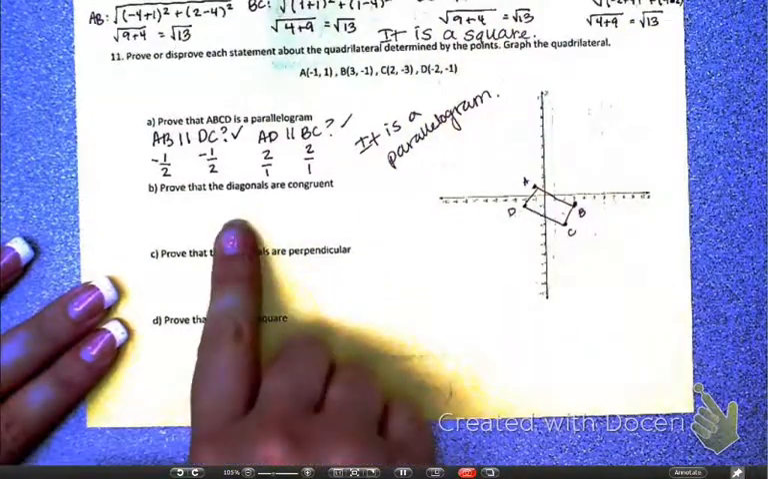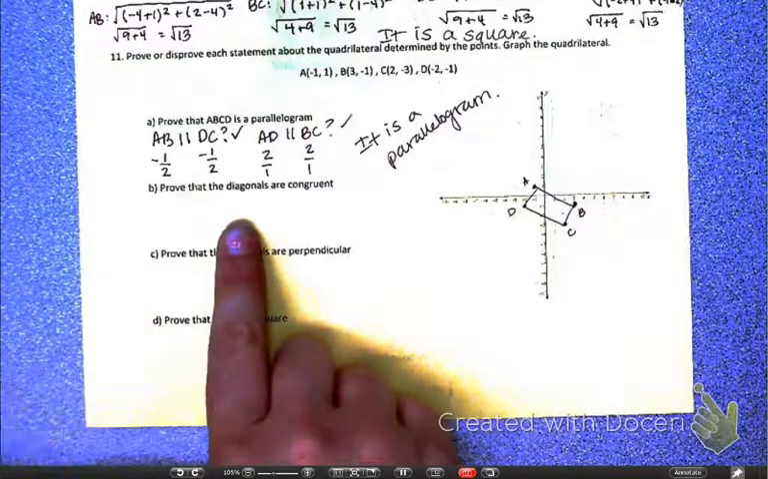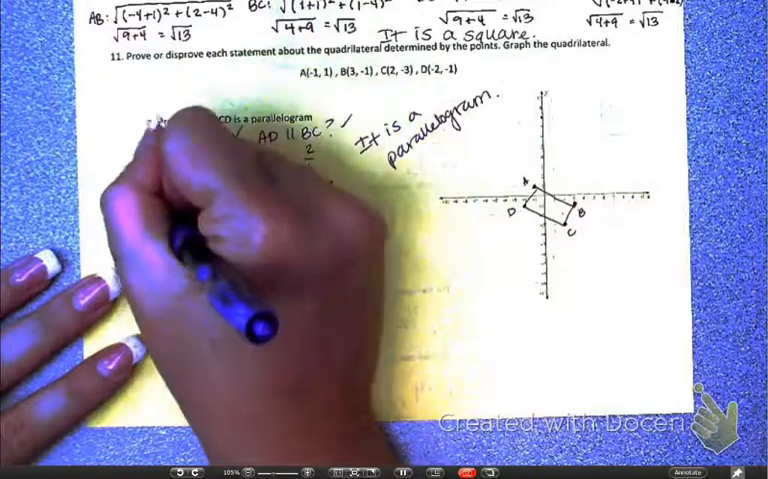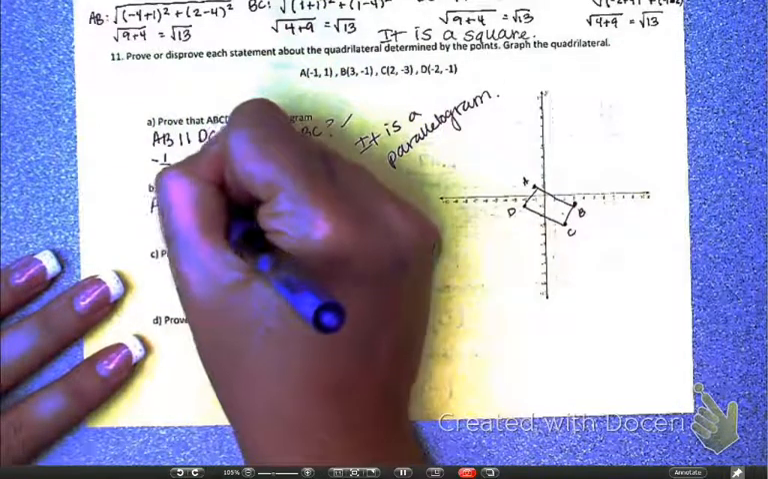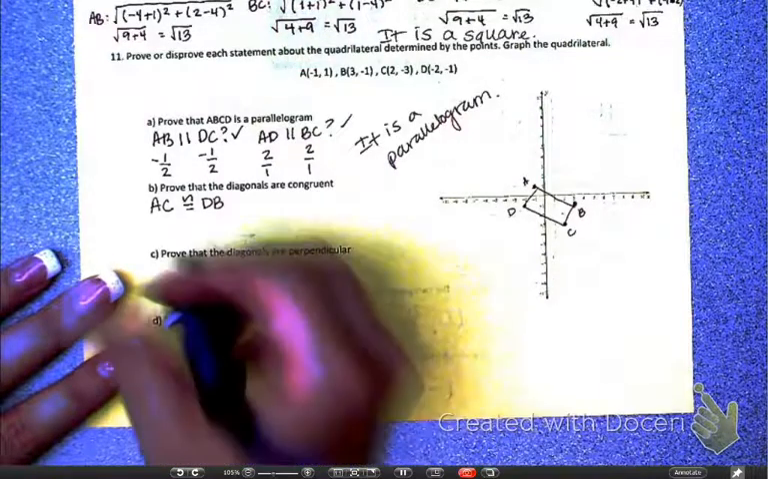We need to show the diagonals are congruent. So here we are looking for their lengths. My diagonals are AC and DB, and I want to show they're congruent. I want to show they're the same. So using the distance formula,